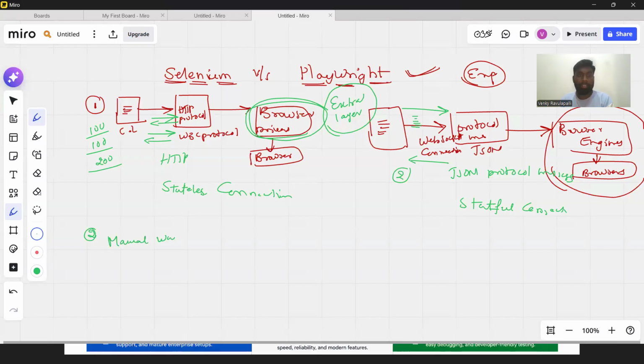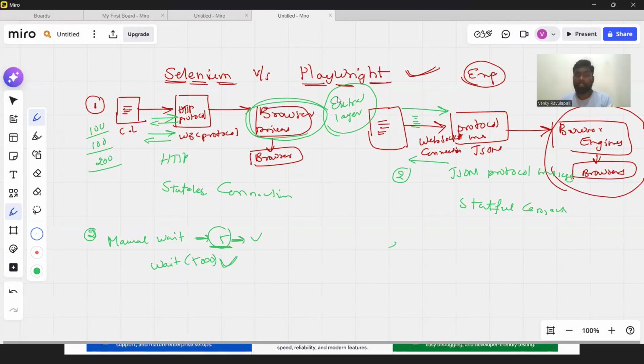Let's say I want to tell the browser to wait for 5 seconds, so that the field you are looking for will get displayed. I need to write this explicitly in the Selenium test script that I am going to write: wait for 5 seconds so that the element becomes visible for you, and then do the execution we want. But not here in the